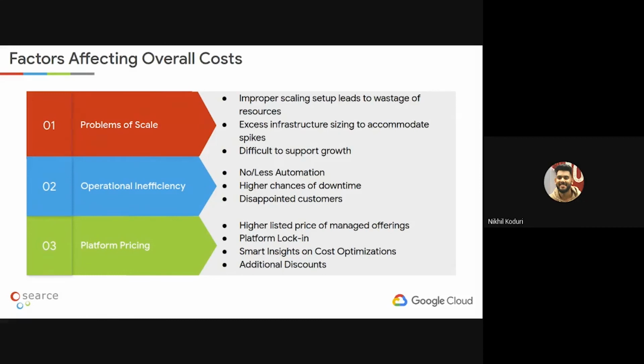And the platform pricing for these applications, right? If you have platform lock-in, you need to have smarter insights on your cost optimization, and Google Cloud provides additional discounts in terms of CUD and sustained usage discounts, right?